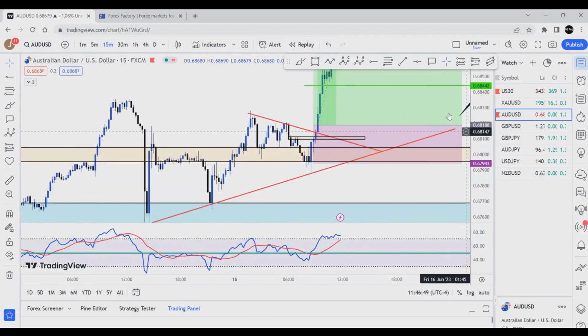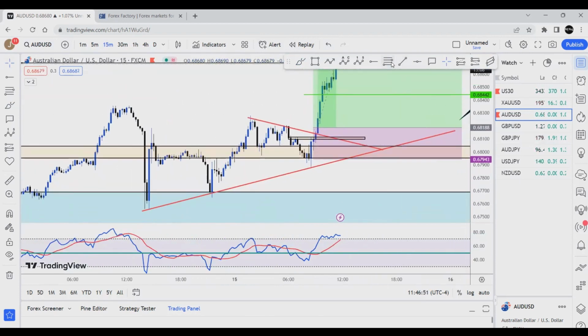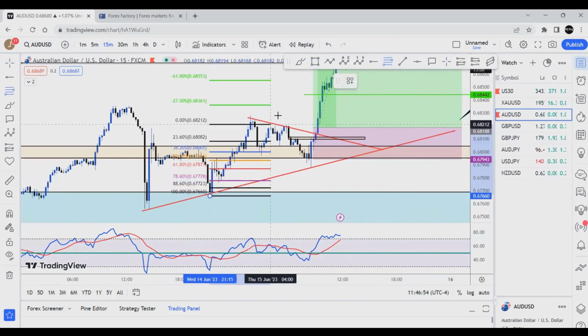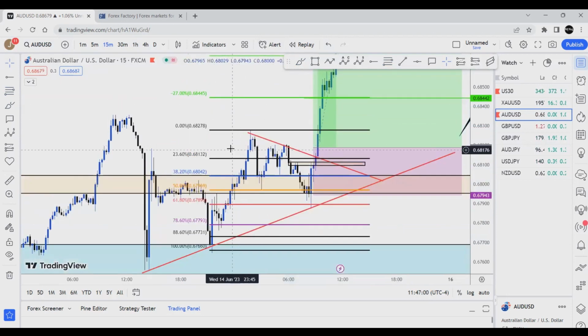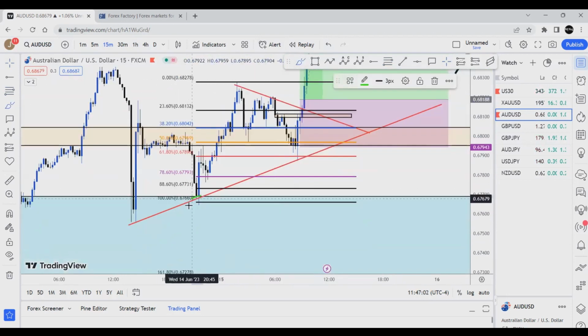Also, forgot to mention, because I'm trying to keep this video short, we also looked at all the different confluences. If you look at the fib level from the wick to the wick right here, you see that price retraced to the 618, hitting off the trend line, more confluence to the upside. So these were all the little things that we looked at in order to take this trade.